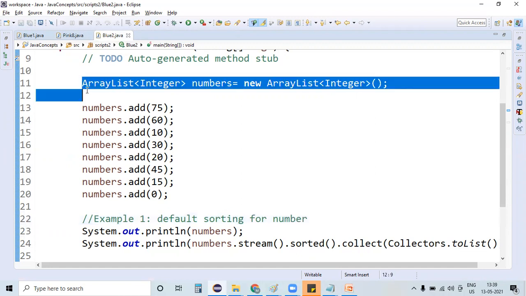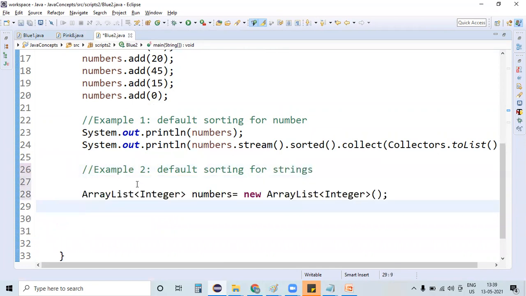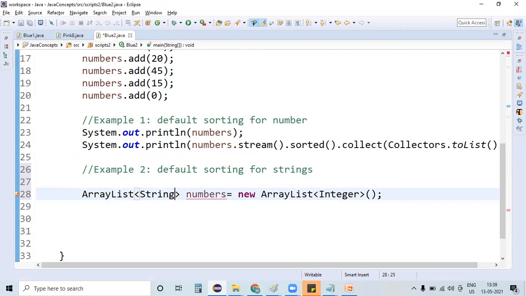Now I'm creating one more ArrayList. Example 2, default sorting for strings. This time I'm storing all the names here.